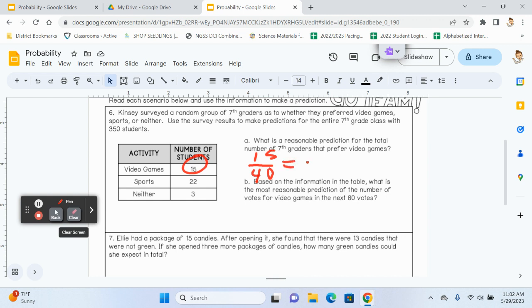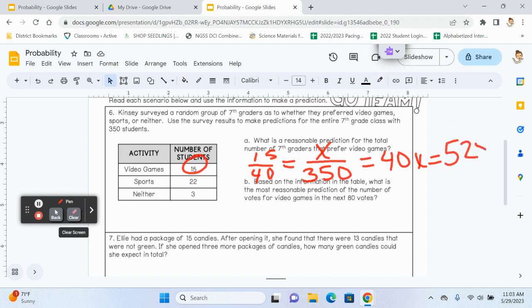So I want to set up my equivalent ratios, or my proportion. 350 is my total. I'm trying to decide how many that might be out of 350. Now, you're going to want to look for that pattern, and this one's going to be an ugly one because there's no good way to get from 40 to 350. There are other ways you can solve. You could simplify early if you wanted to, and that's totally fine. I'm just going to go ahead and do our cross multiplying. So 40 times x is 40x, and 350 times 15 is